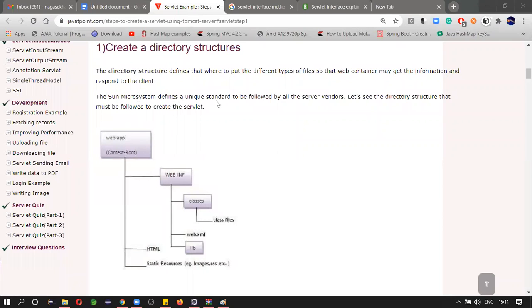Sun Microsystems defines a unique standard to be followed by all server vendors. Who are the server vendors? Give some examples of server vendors.